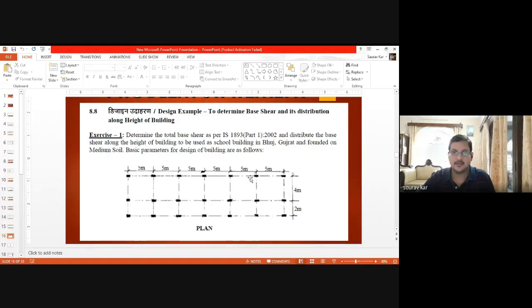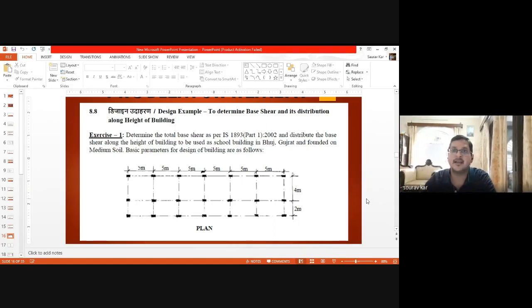We have a 5-meter interval, so we will do this using translational repeat. Along the x direction we have 6 bays of 5-meter interval, and along the z direction we have 2 bays, one of 4 meters and another of 2 meters.